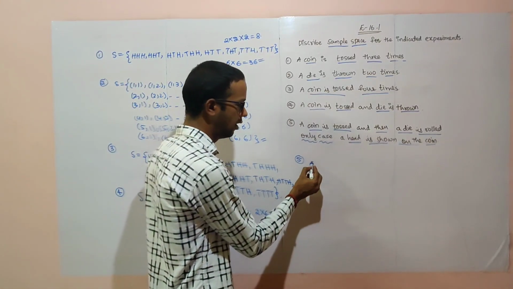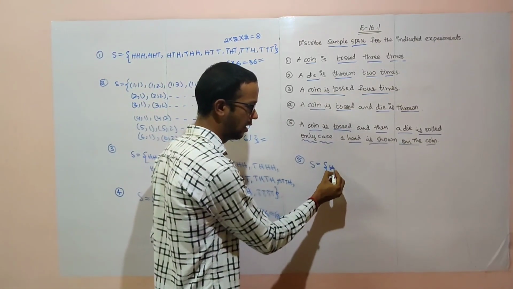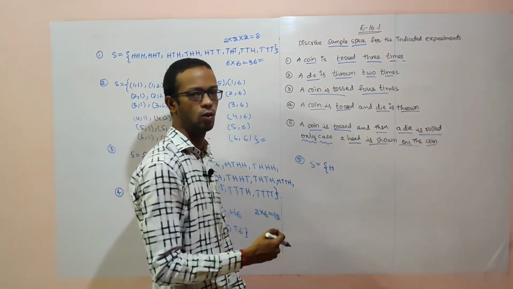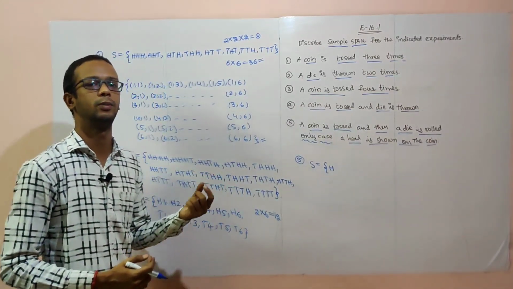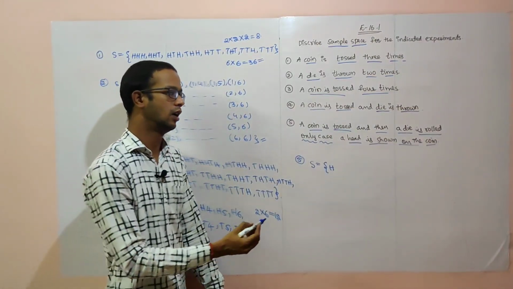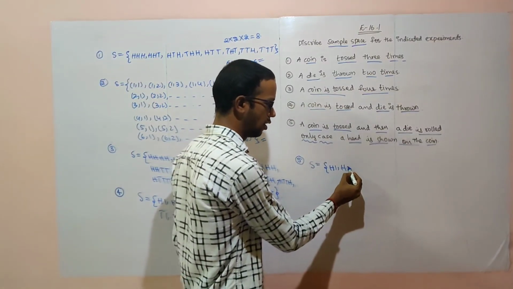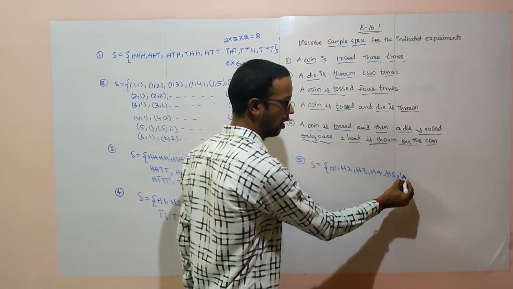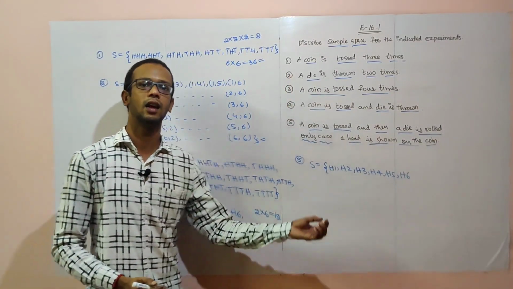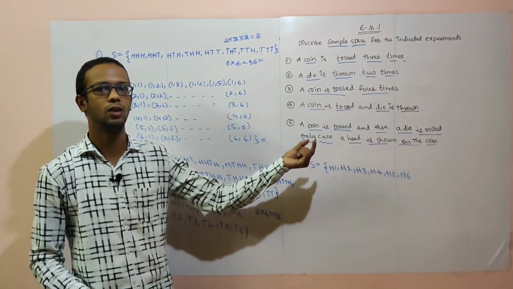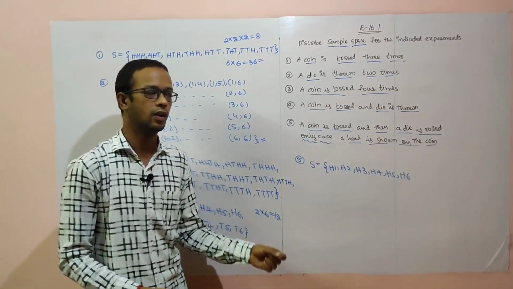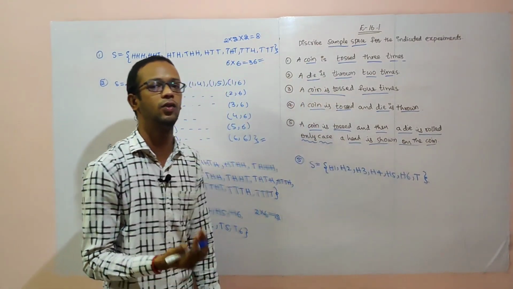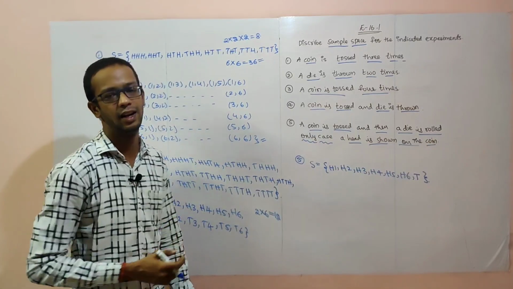So sample space is here. If I am getting head first time, so what we have to do? Roll a die. Roll a die means how many possibilities is there? 6 possibilities is there. So H1, H2, H3, H4, H5, H6. These are the outcomes when head getting throwing a die. If you get tail, our experiment there only we have to stop. No need to throw a die.